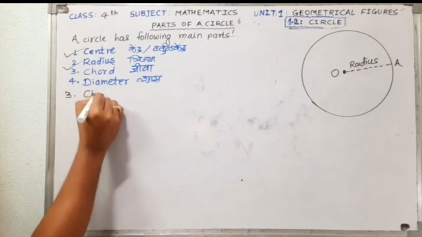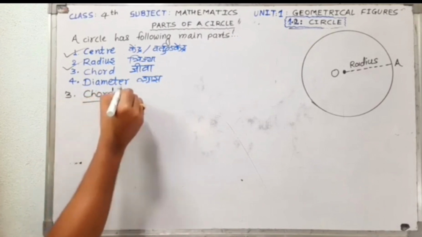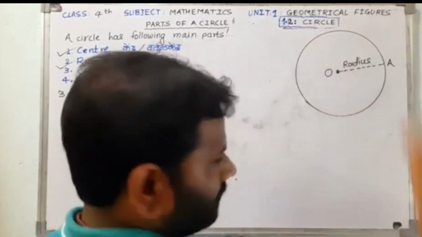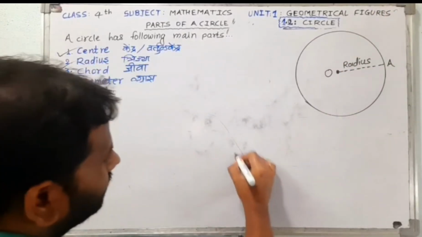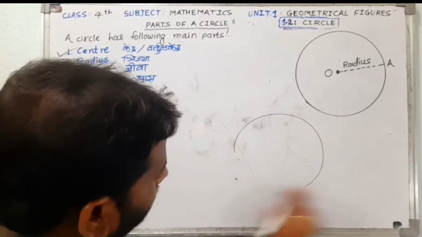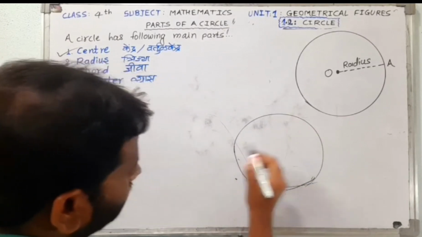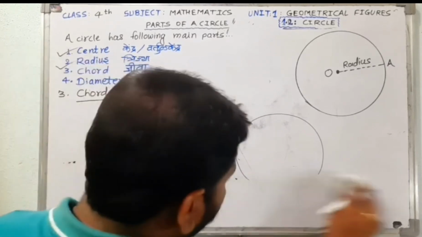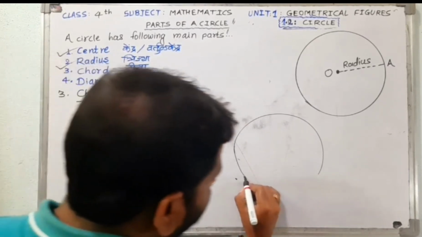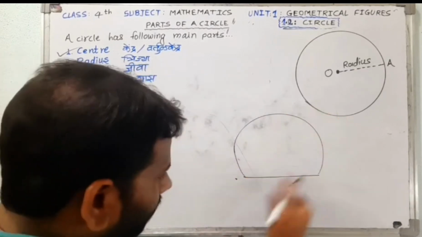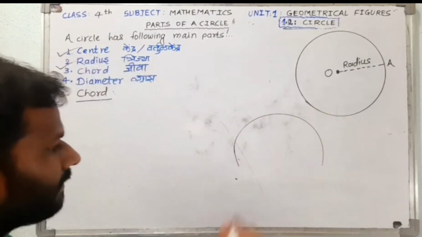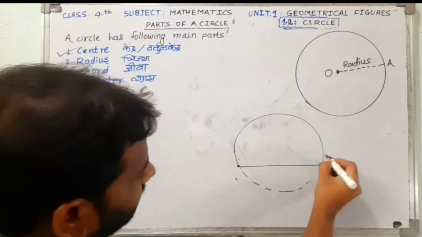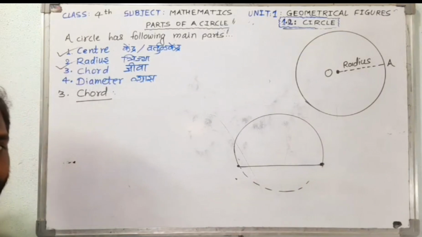Very simple concept again it is. So what is chord of a circle? If I do the folding, small foldings of the circle, like this. Suppose this is a circle and I started to fold it from bottom. One fold makes the circle like this. If you fold it, then a line will be formed here. If you do another folding, what will happen? It will make a line here. And this line joins 2 points on the circle. Correct? This line joins 2 points on the circle.